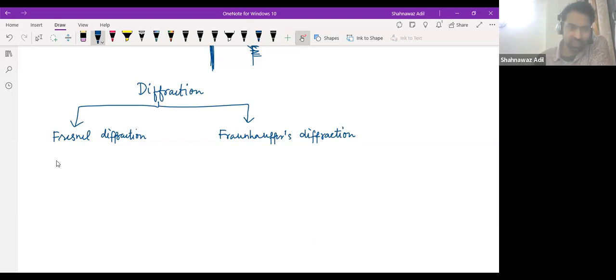Don't bother about that. So what is Fresnel diffraction? Let's say you have a source and then you have some slit. If the separation between the slit and the source is finite, then when the separation